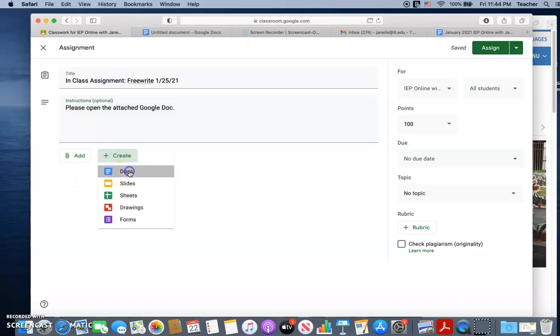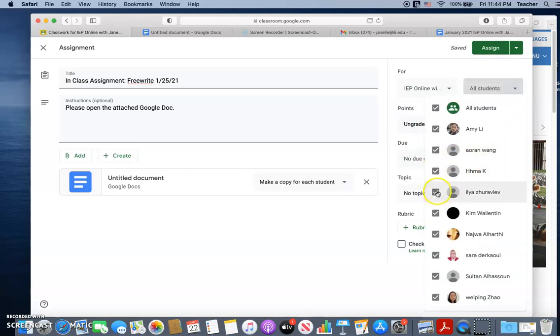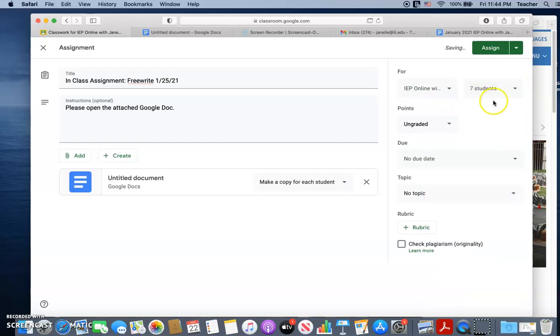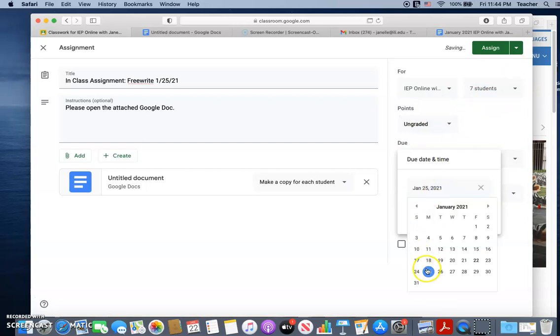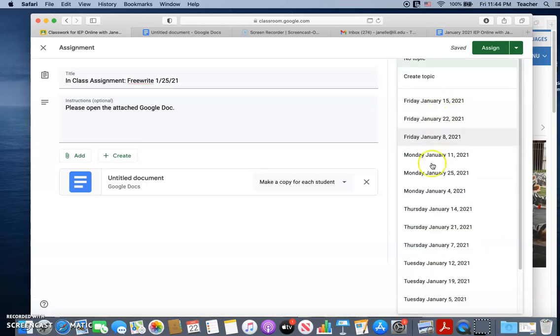And I'm going to create a Google Doc for everybody. So I'm going to make a copy for each student. In this case, I'm not giving them any points because they're already in class, so it's going to be ungraded. I have a couple students that have dropped the class, so I'm going to remove them so that they don't get that notification. Okay, again, I'm going to say Monday the 25th, and the topic is going to be Monday